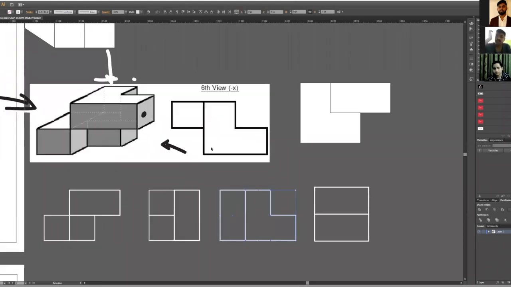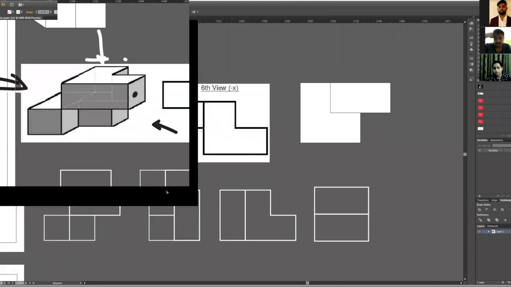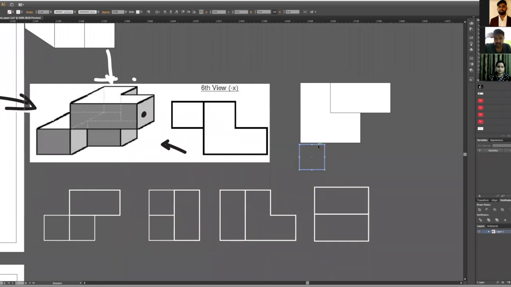Now, if I check this shape, the cubes are a bit bigger.